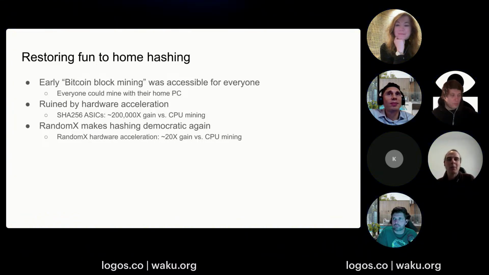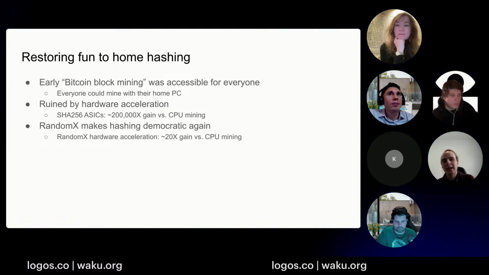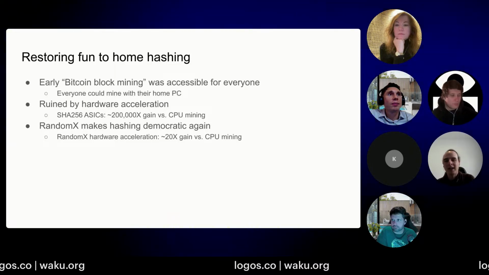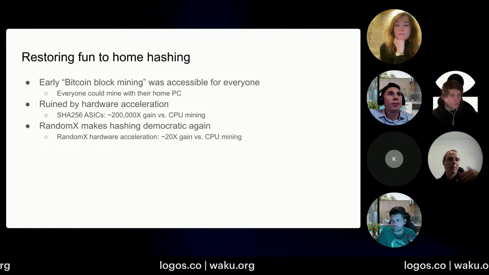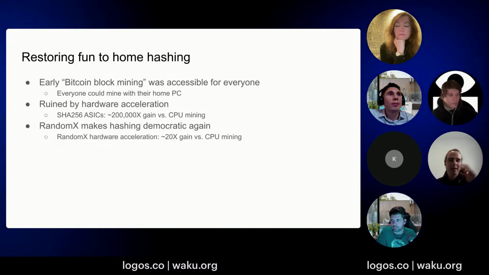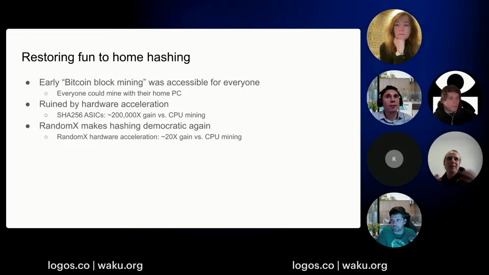And the fact that RandomX is so good at preventing hardware acceleration is what guarantees that the hash cache system is actually usable, because when Adam Back published this paper over a decade ago, the hash cache system to protect email spam, it didn't work.